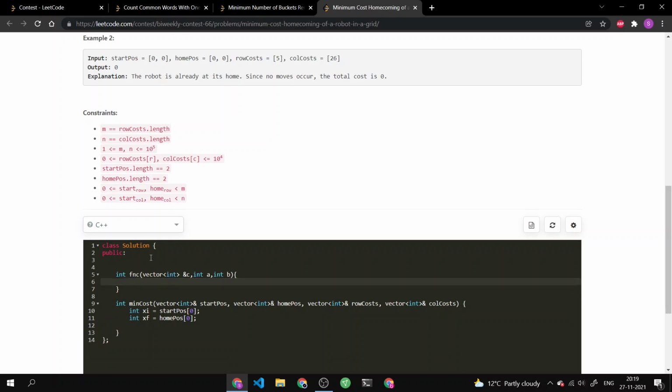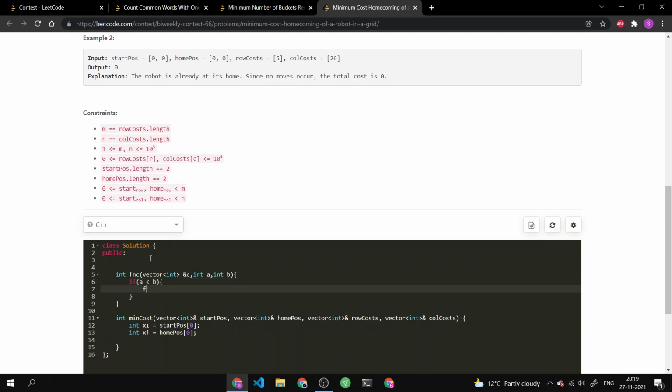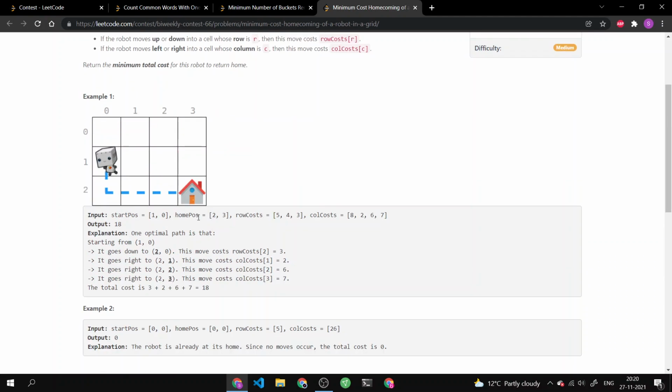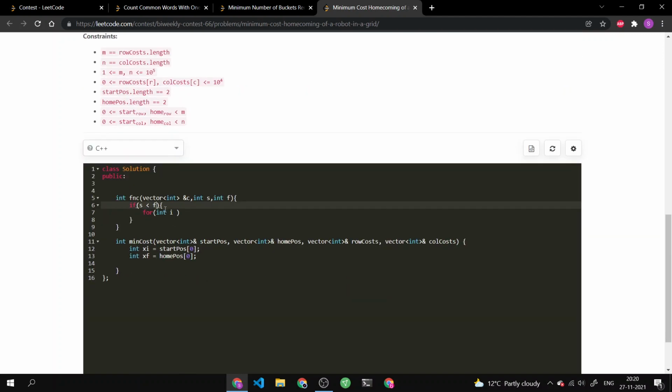For integer I equal to 0. So if A is less than B, I have to start from, let's just name it as start and final only. It's a bit easier to code, because it is not given what the position will be, like is there any relative positioning between home and start position. I have to work on two values. So for integer I equal to s plus 1, I less than equal to final, I plus plus,